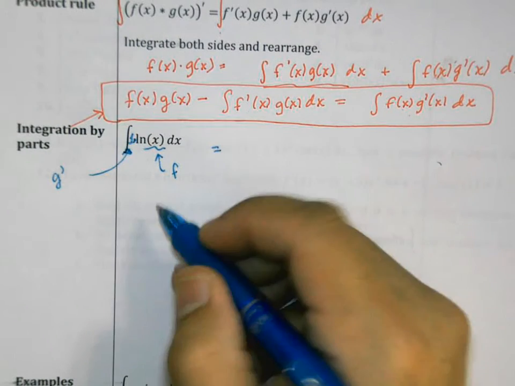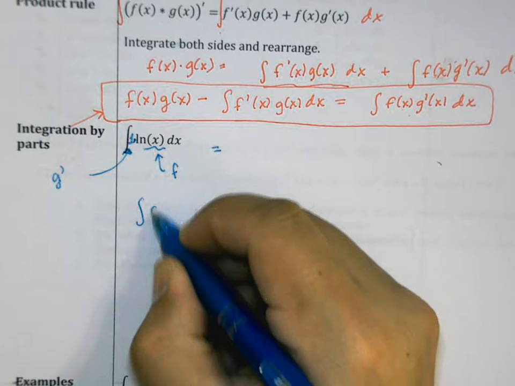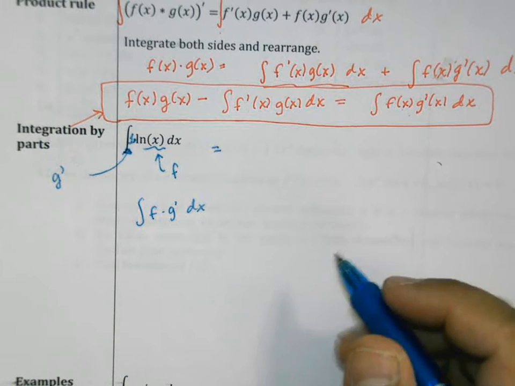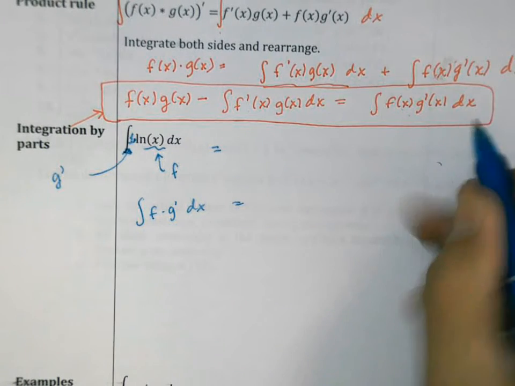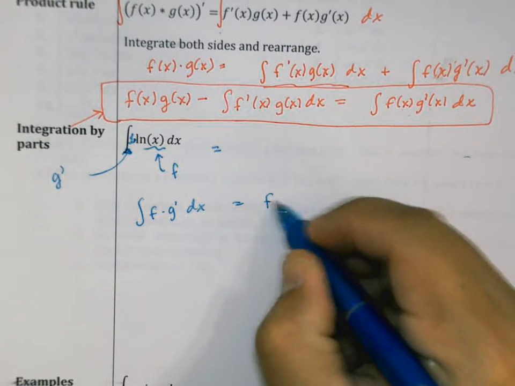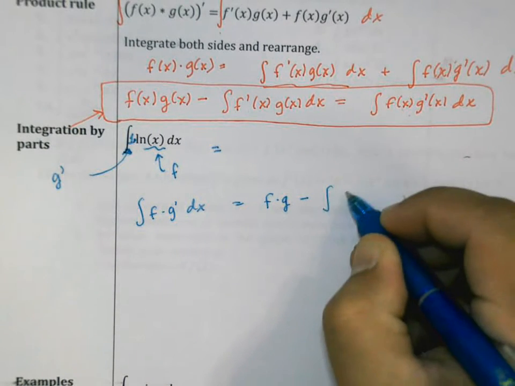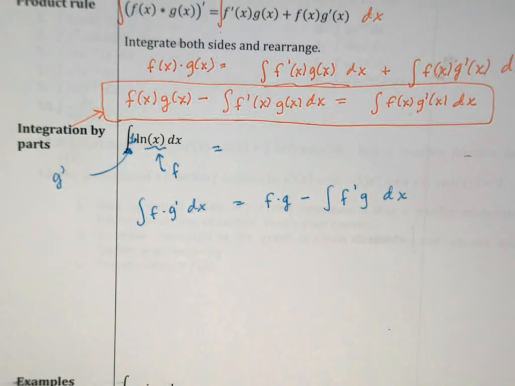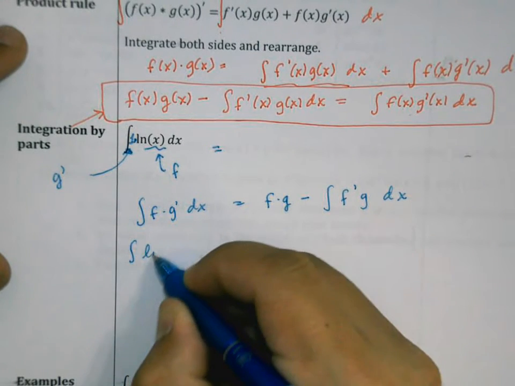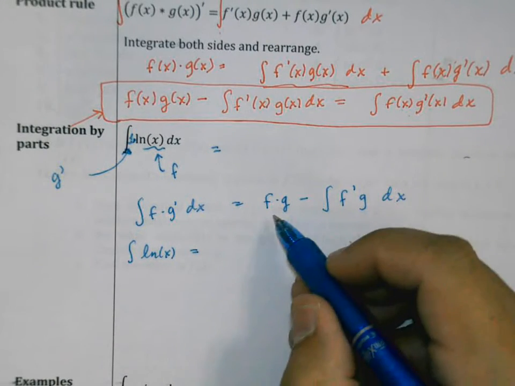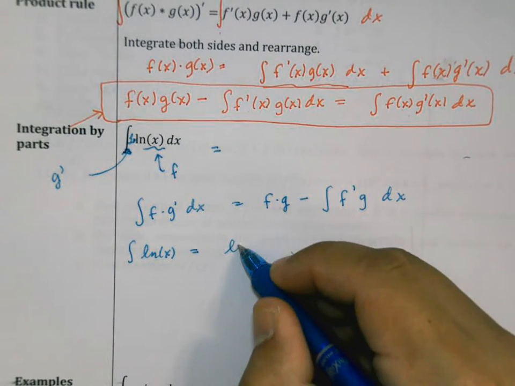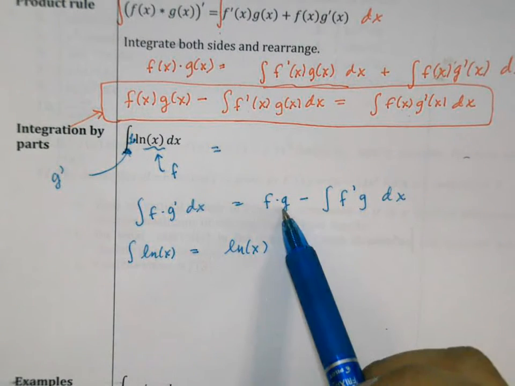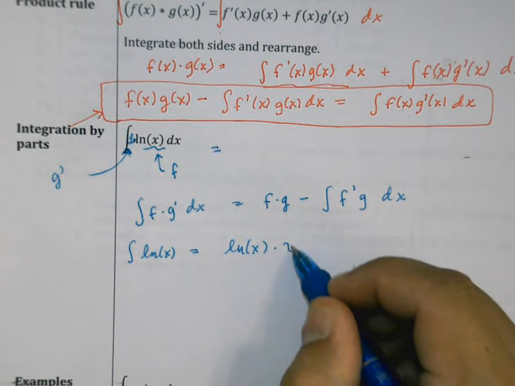Okay? So this is effectively the antiderivative of f times g prime dx, and I'm omitting the variable just to avoid some clutter there. Right, so that's this part right here. So now we can apply the rule. It's f times g minus the antiderivative of f prime g dx. Okay. Well, so we have the antiderivative of the natural log is equal to, now f we've chosen to be the natural log, times g, well, g prime is 1, so g is the antiderivative of 1, which is x,